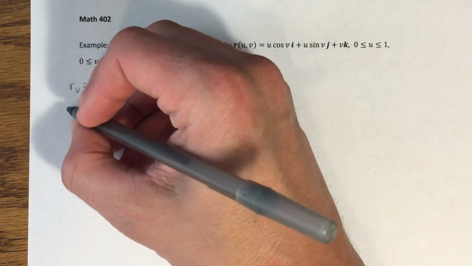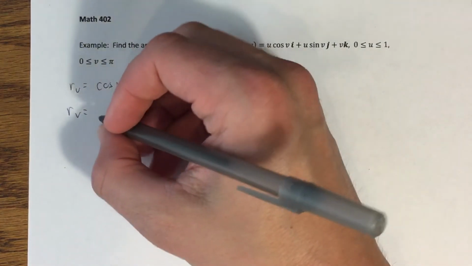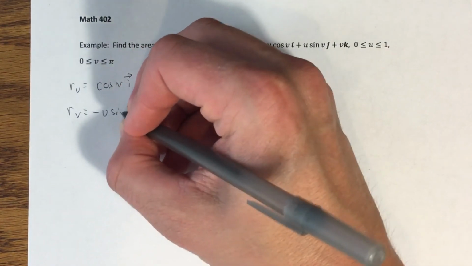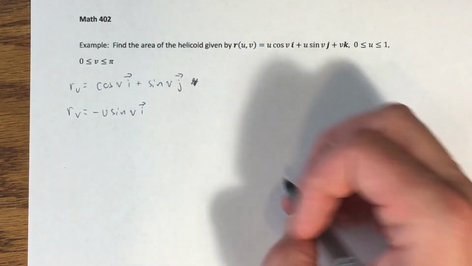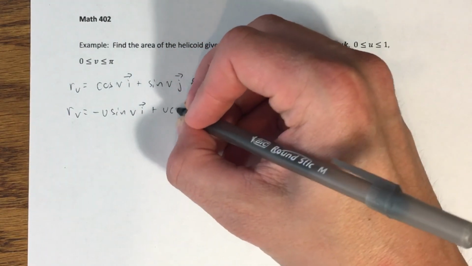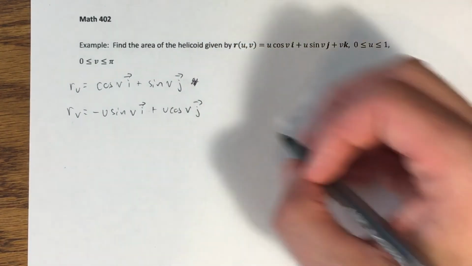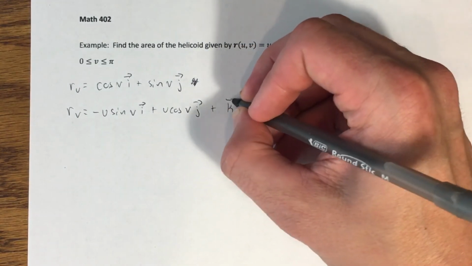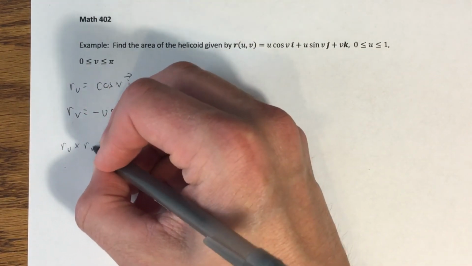Okay, and then my r_v, if I differentiate with respect to v, I'm going to get negative u sine of v i plus u cosine of v j, and this time I get a 1 for my k component, so plus k. Now we need the cross product of those two vectors,